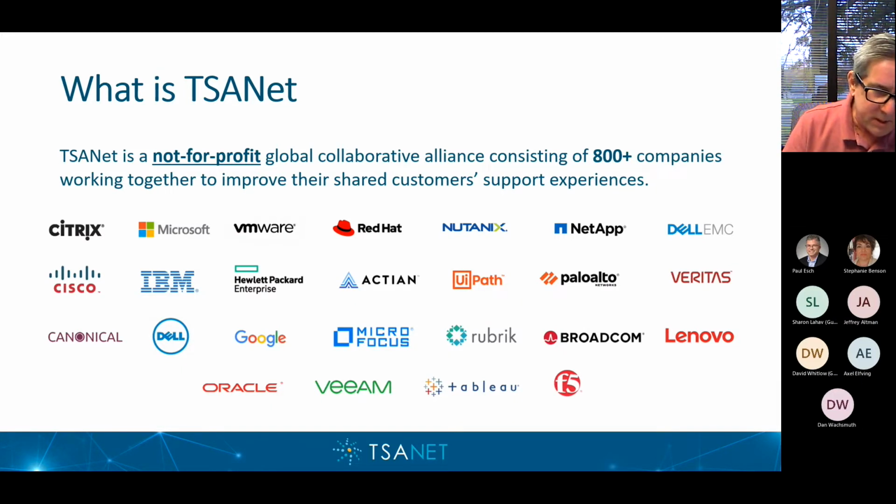Every presentation I've ever done with TSANet, I always started out with the fact that it's a not-for-profit association. I think that's important to understand because we're very member driven. We actually report into a board of directors that's elected by the membership, so you're actually driving this process. As a not-for-profit, it gives us certain advantages where we're not coming in this to make money. We're coming in this to support the industry, and that's exactly what we've done here.